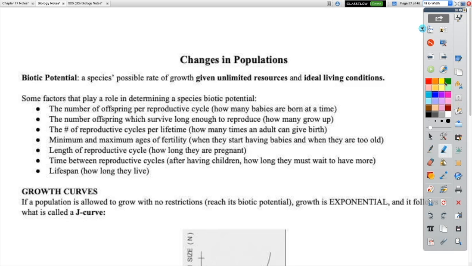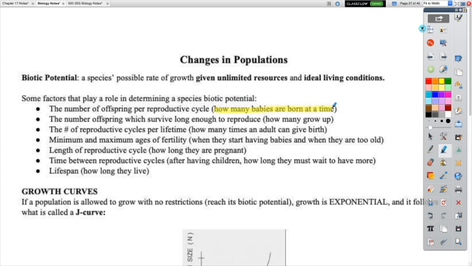And so not every species is going to be able to grow as quickly, even if you give it everything it wants, right? Because some factors play a role in whether or not it has the resources it needs to reproduce as much as it wants. So here's just some of those factors. One factor is the number of offspring per reproductive cycle,